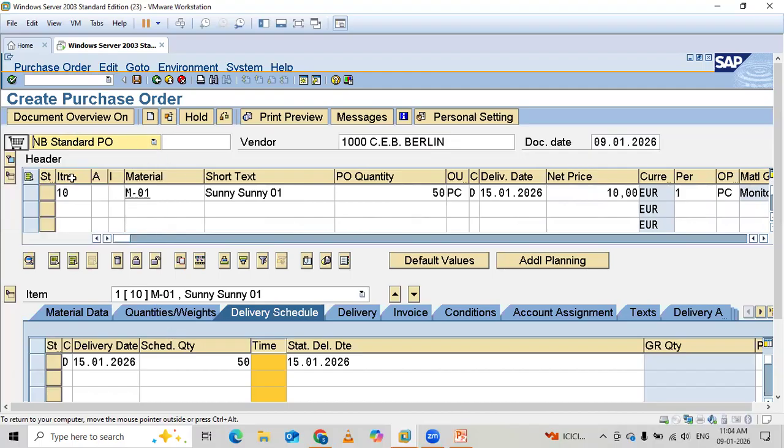Can we create PR, or will it also be done? PR will be generated automatically. Sometimes manual PR creation will be done. Purchase requisition is system based, because the system will identify the materials in the plant. SAP system is based on that only. That will analyze